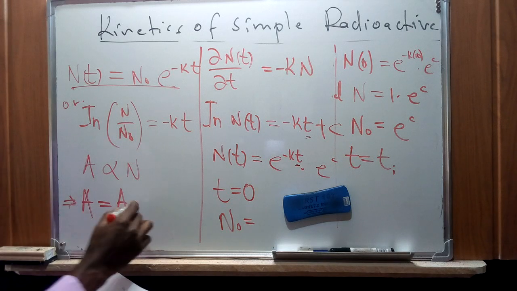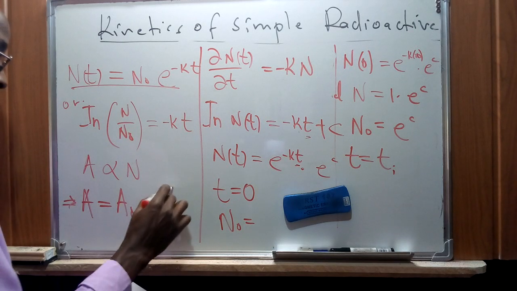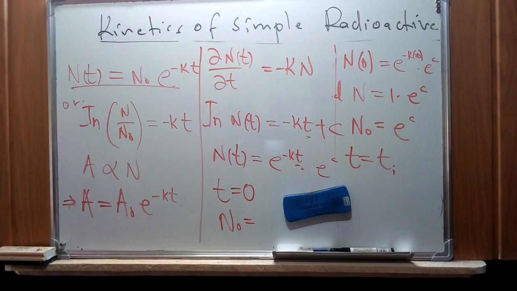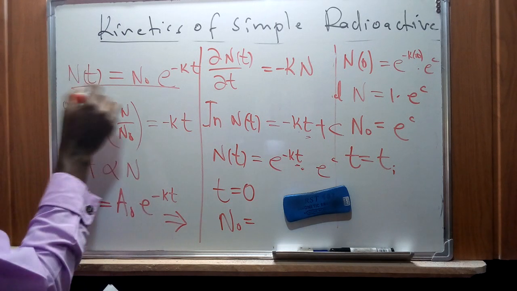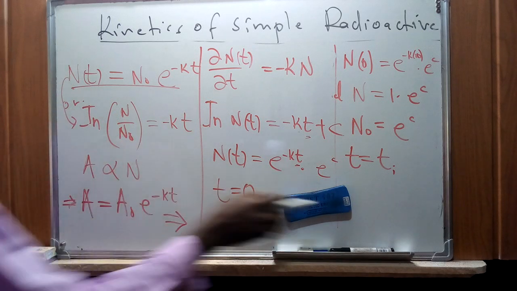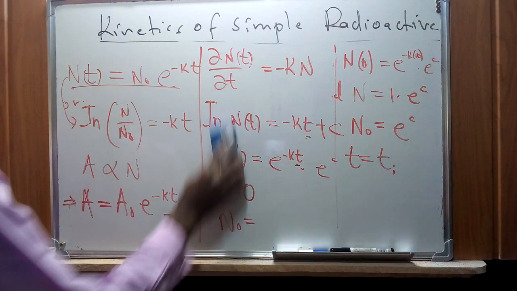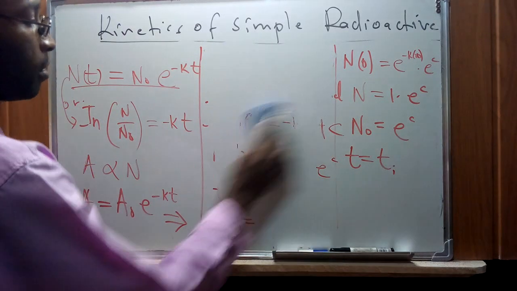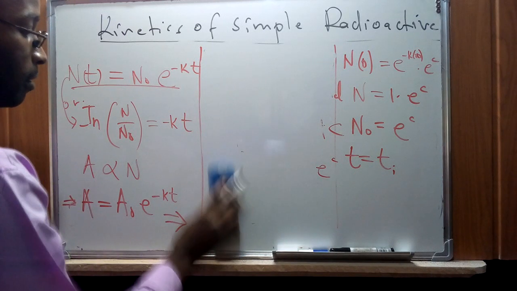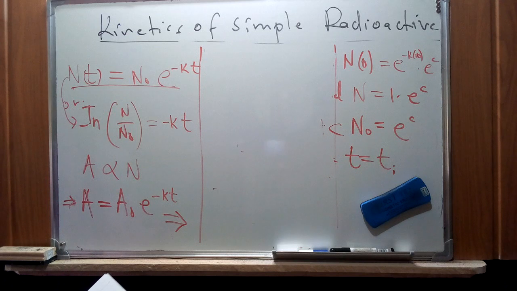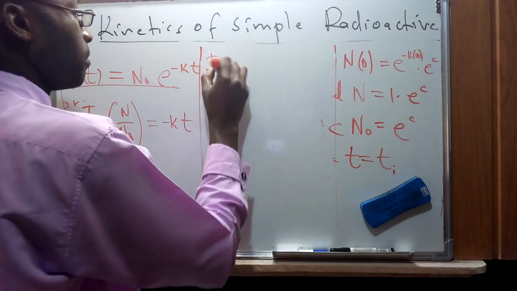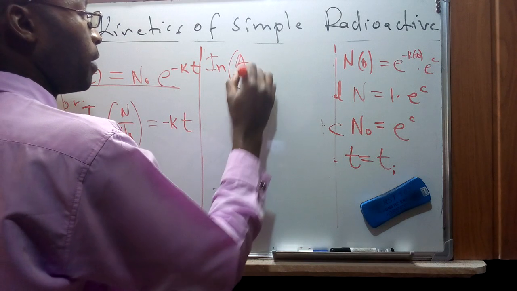The rate of activity can as well be calculated from that concept. If we convert this into a natural logarithm like the one we have done before, I'm going to do away with this so that we can use this middle part. I'm saying the natural logarithm of A over A naught